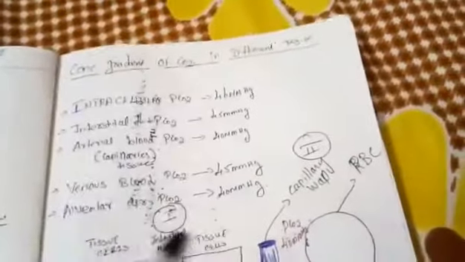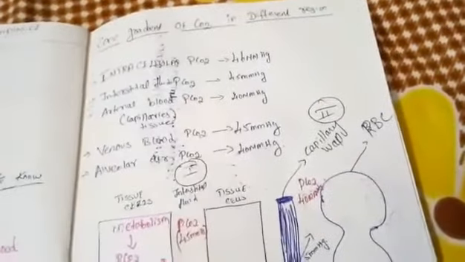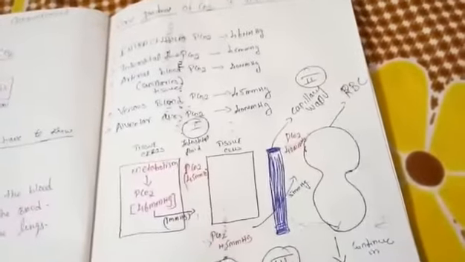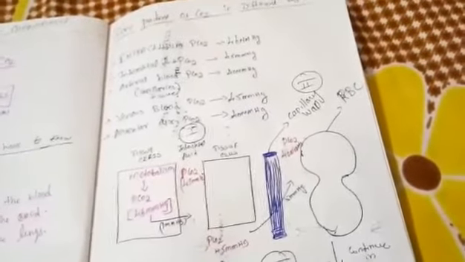So the diffusion mostly takes place with the help of the partial pressure of carbon dioxide. So you have to understand this concentration gradient in different regions, then you can easily understand the transport of carbon dioxide. That was diffusion of carbon dioxide in different areas. Now we will go to the second topic.